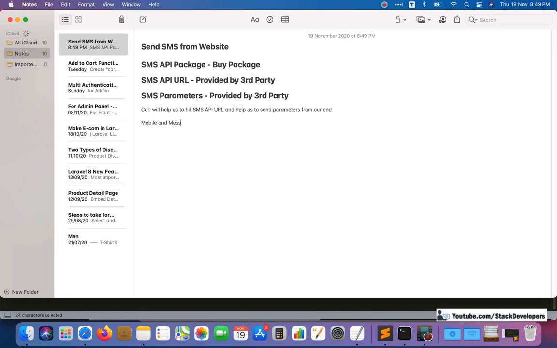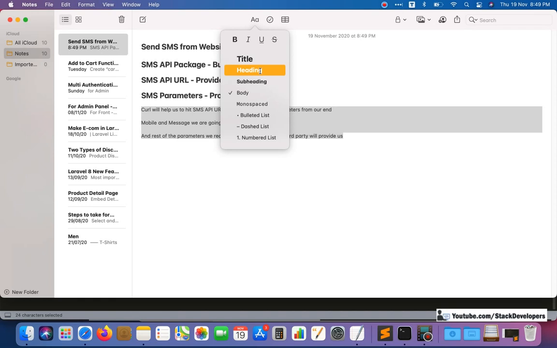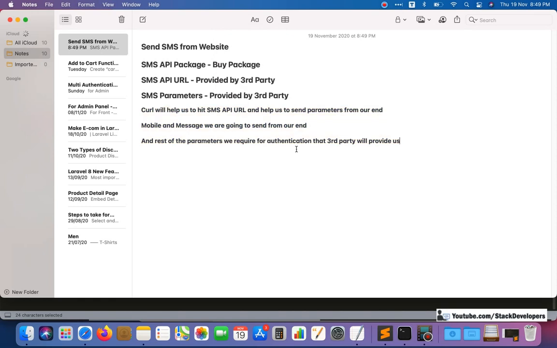Mobile and message we are going to send from our end. And the rest of the parameters we require for authentication, the third party will provide us. So I hope this is a little bit clear to you. It is a bit tough to explain as well, but I hope it is a little bit clear to you.